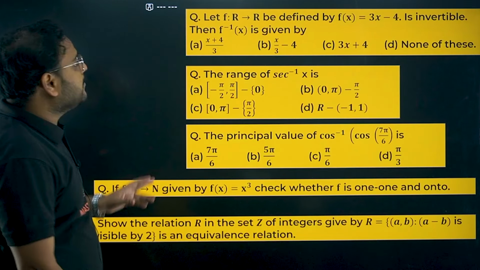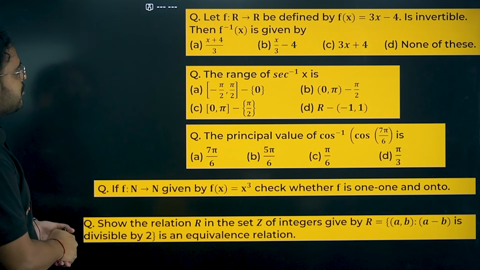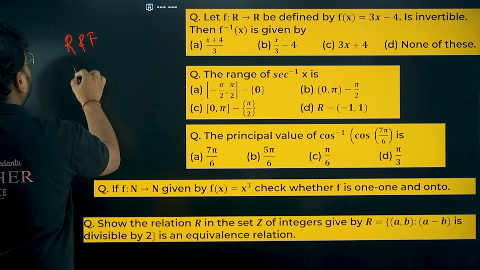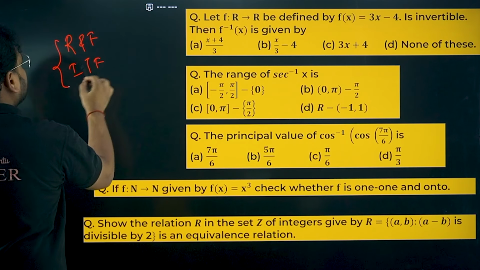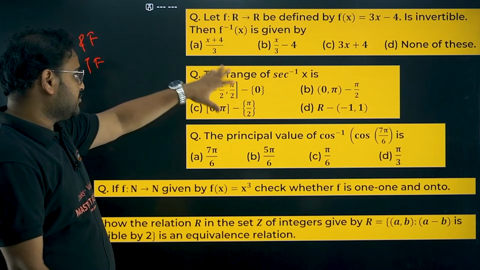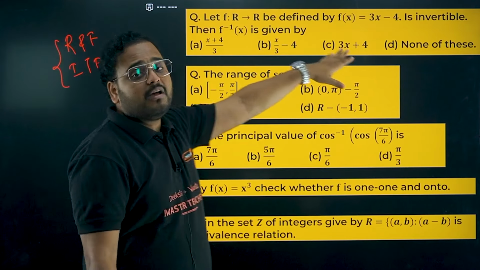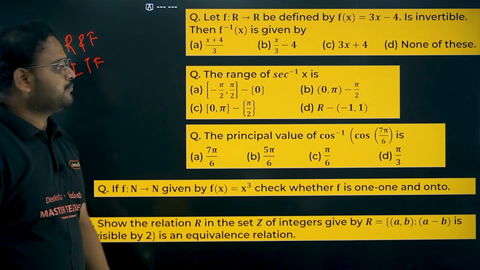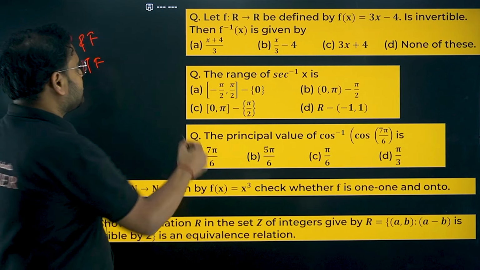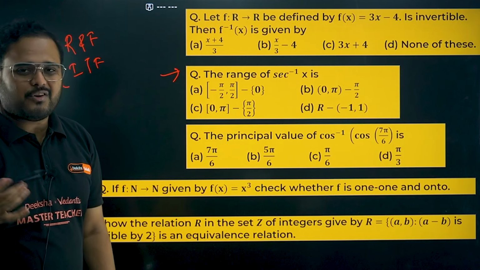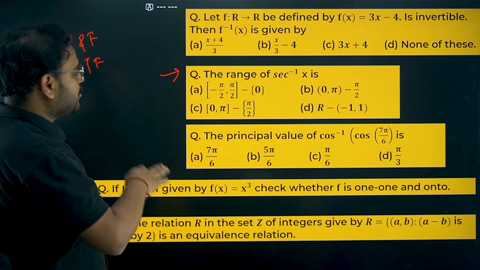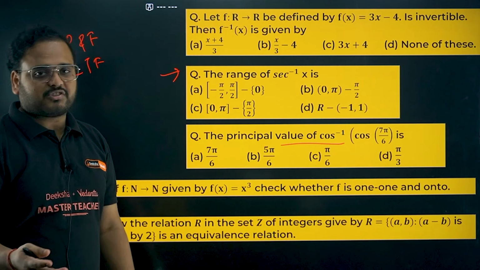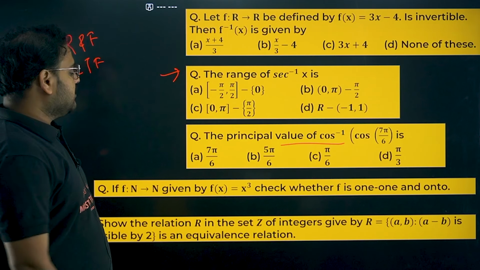Now, if I talk about fixed problems, here they are. I've given you a list of that. This is from, again, relations and functions and ITF. So I've taken the chapter which is easier. Most likely questions I've taken over here. Please check the question of inverse. The same question can be asked in the form of a 5-marker, finding the inverse of 3x minus 4 or something like that, 4x plus 3. Again, range of this, questions like this can also repeat. Range of sec inverse, range of sine inverse, cos inverse can be asked. Principal value branch also can be asked for this kind of problem. In the MCQs, in the assertion-reason, in the fill in the blanks also, this can be repeated.